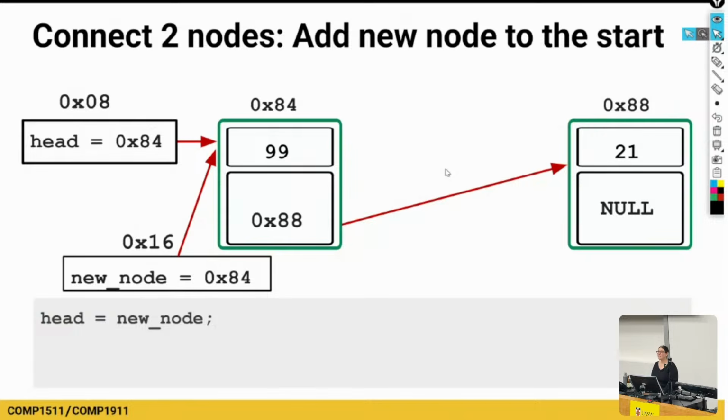Yeah, we will see today. Somebody just asked, can we only add at the beginning or the end? No, we can add anywhere we like. And no matter where we add it, we'll do a malloc, and then we've just got to change all these pointers around. So it's just a matter of finding where you want to put it and changing the pointers around. So we should see that today. Okay, so